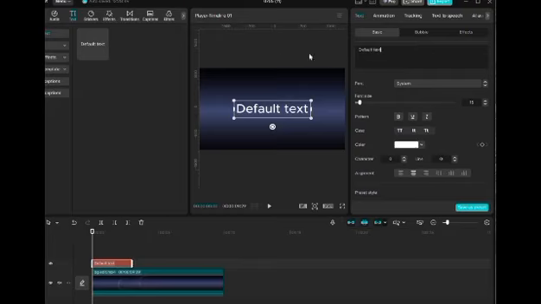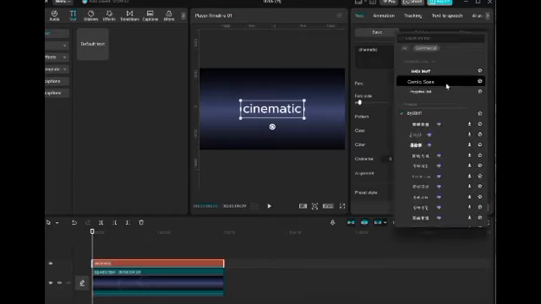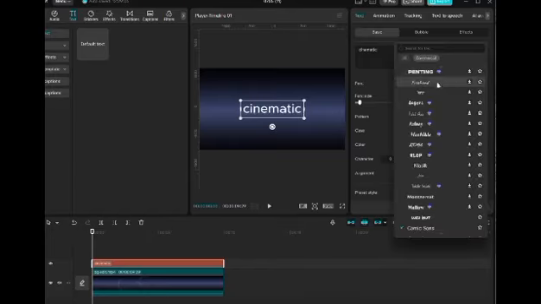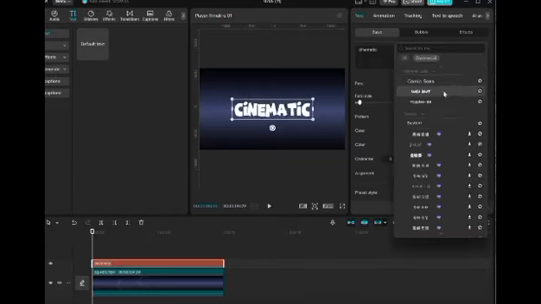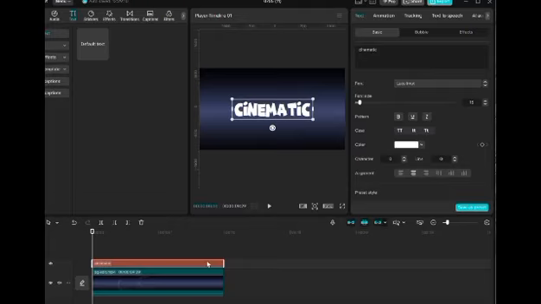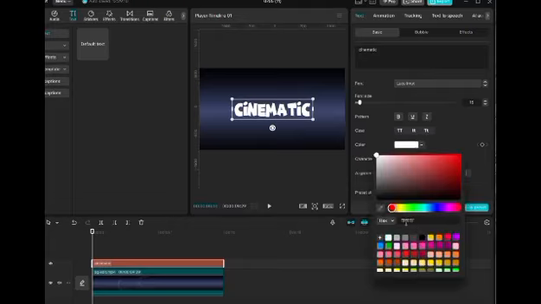And now we're going to create the cinematic text effect. Add default text, and you're going to type your text, and for me it is cinematic, for example. And I'm going to find the font size, this is for me, and I'm going to change the color to whatever you prepared. This is for me yellow, like this.